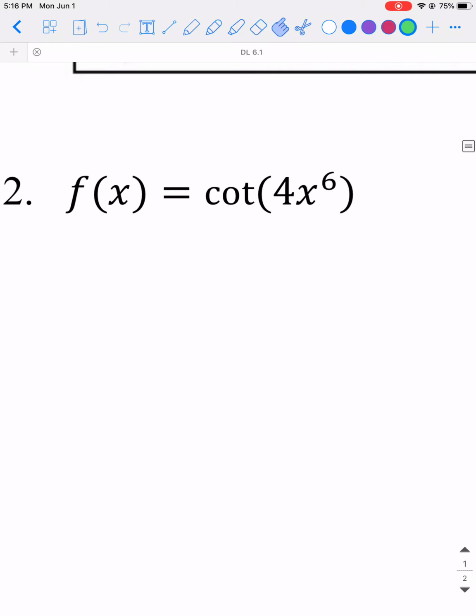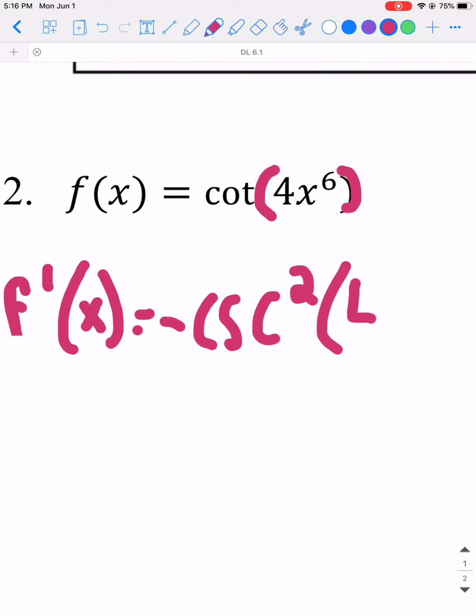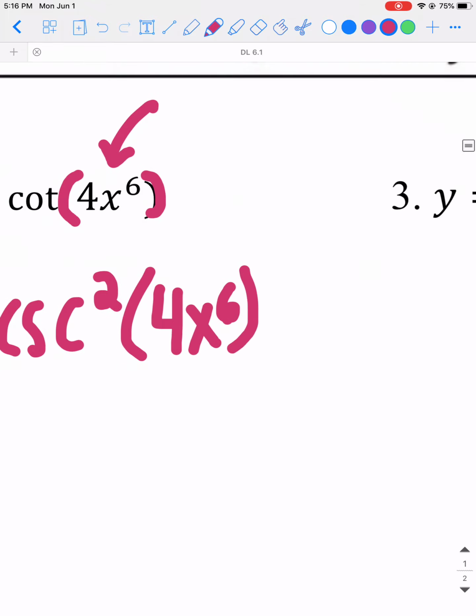Alright, so for number 2, these parentheses are already here for me. If you want to highlight them to remind yourself, that's probably a good idea that I'm going to use the chain rule again. So the derivative of cotangent of 4x to the 6th is going to be negative cosecant squared. And remember that the inside parentheses stays the same, so of 4x to the 6th. Then my next step, which a lot of times we forget, so make sure you highlight that, add that in. Now I need to take the derivative of the inside. So the derivative of 4x to the 6th, using the power rule, is going to be